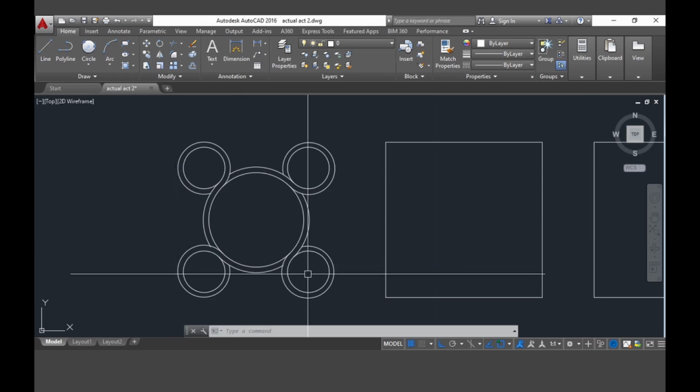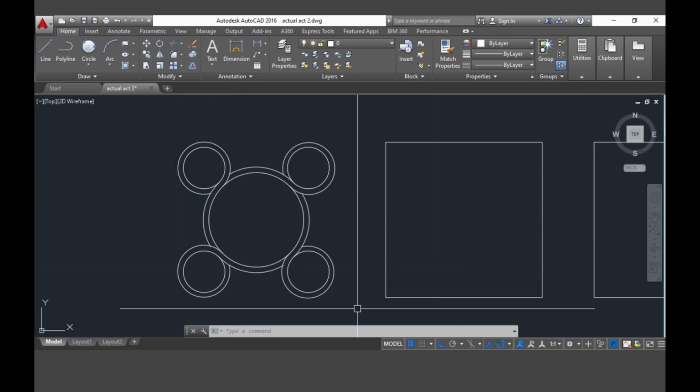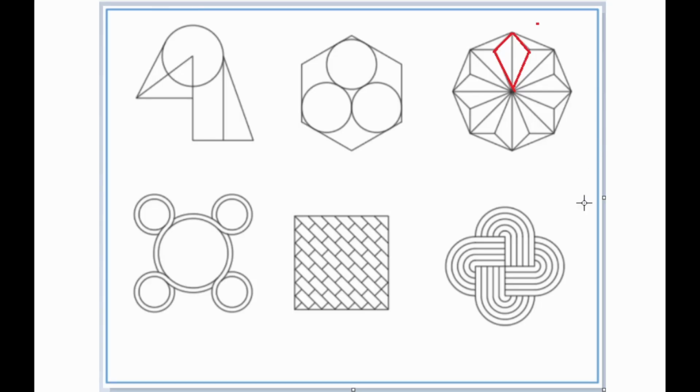Therefore, we can move on to our fifth figure. And there you go. This is our fifth figure, and it is more of a pattern. To simplify the process of doing this certain figure or pattern, all we have to do is some analysis, and